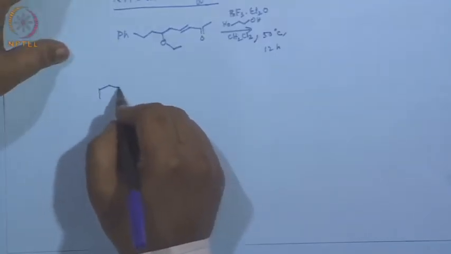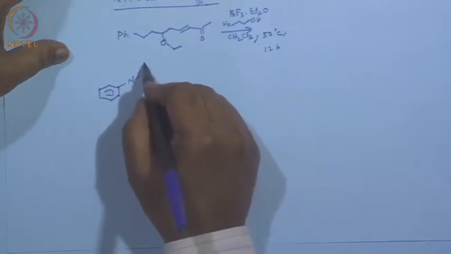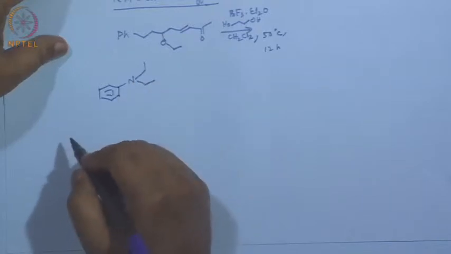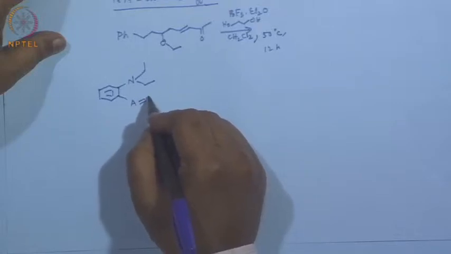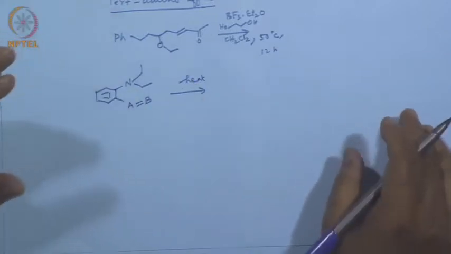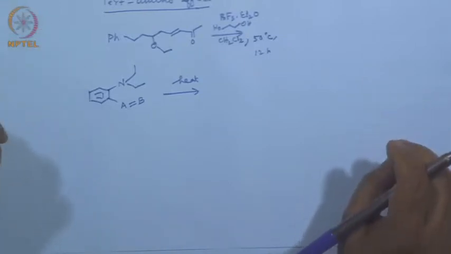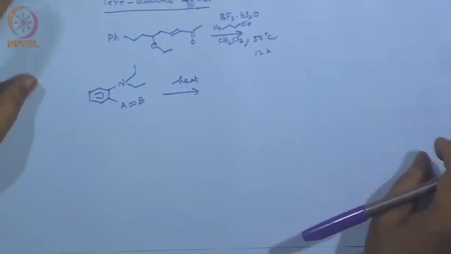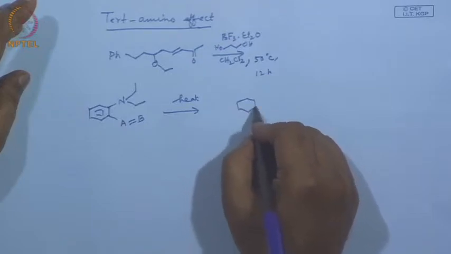And what is the meaning of it? The meaning of it is that it must have a benzene ring, and it must also have a tertiary amino group, and this should be ortho substituted with a double bond. If you simply heat it, that means the reaction conditions are very mild. In one sense, there are no complications, no sophisticated reagents. What you will find is a cyclic product,